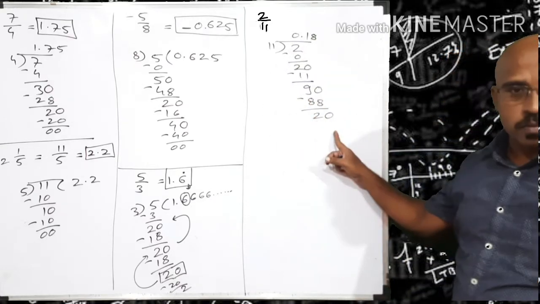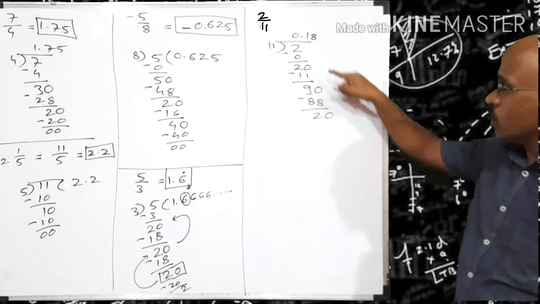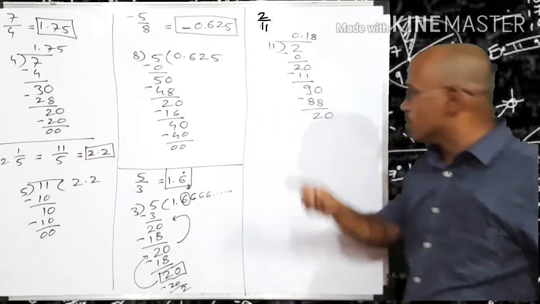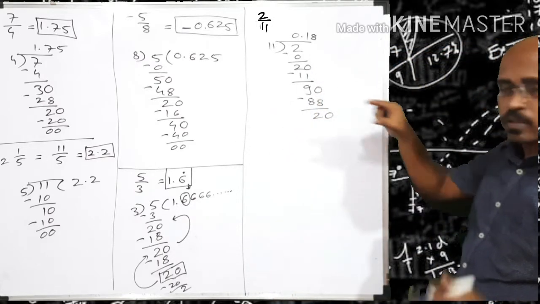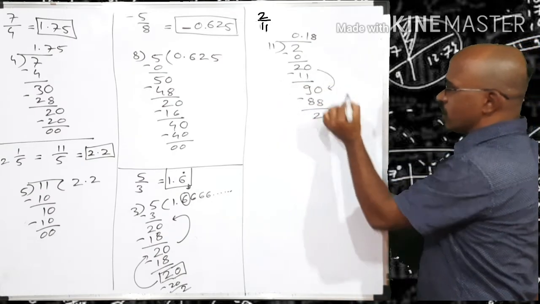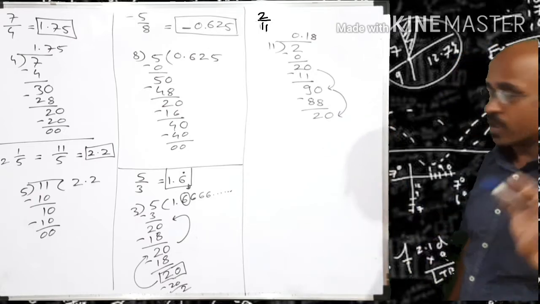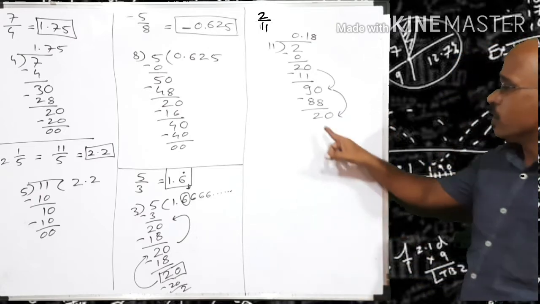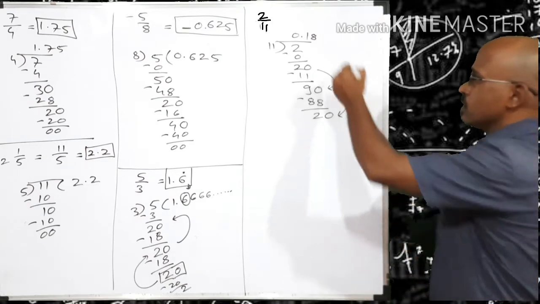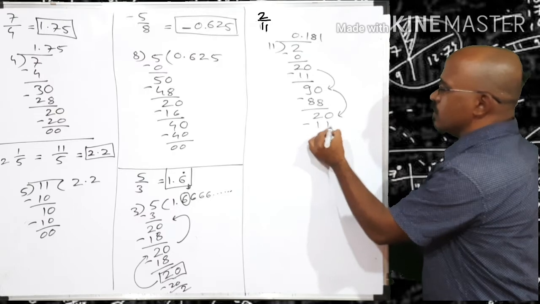What happened in this case? This 20 reoccurred, but not immediately. Here 6 was reoccurring after every step, but this 20 is reoccurring after a certain interval, means after 20 the remainder was 9, and after that 2 is the same remainder. So what will happen? If we divide this 20, naturally we don't have any other option than 11 1s are 11. So 20 minus 11, the answer is 9.